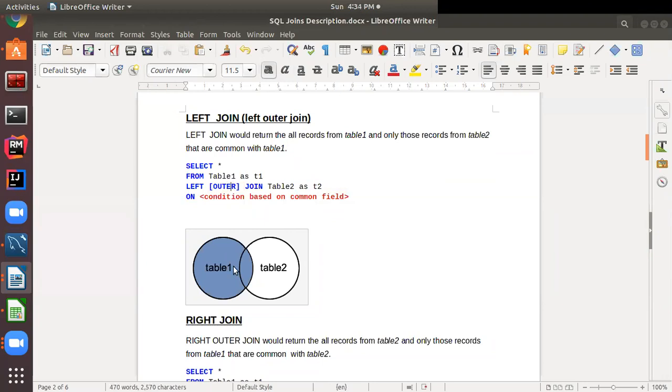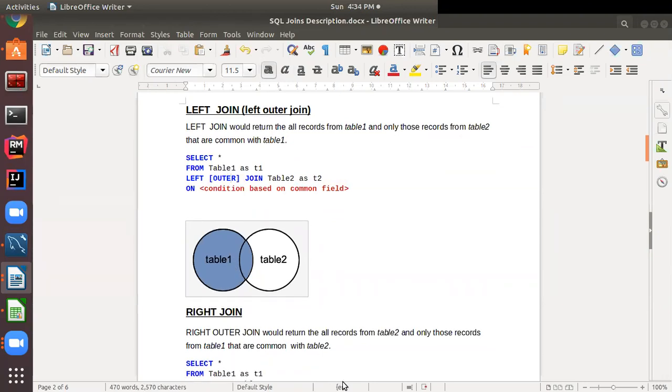The syntax for this command is select star, meaning all the columns, from table 1 as T1 left join table 2 as T2, then the condition based on the common field, right?